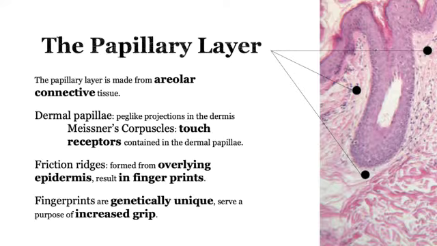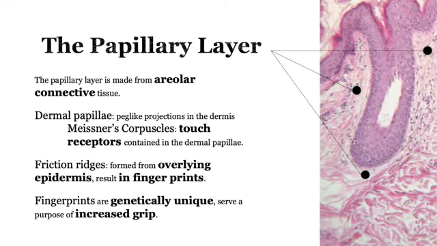In those folds, we're going to find something called the Meissner corpuscles. Meissner corpuscles are special sensory components that allow me to feel touch. So through the epidermis, I can feel touch. Also in this dermal papillae, we're going to find something really interesting for us: friction ridges. This is formed from overlaying layers. If we imagine this dermal papillae going up and down, it forms these overlaying waves over the epidermis,